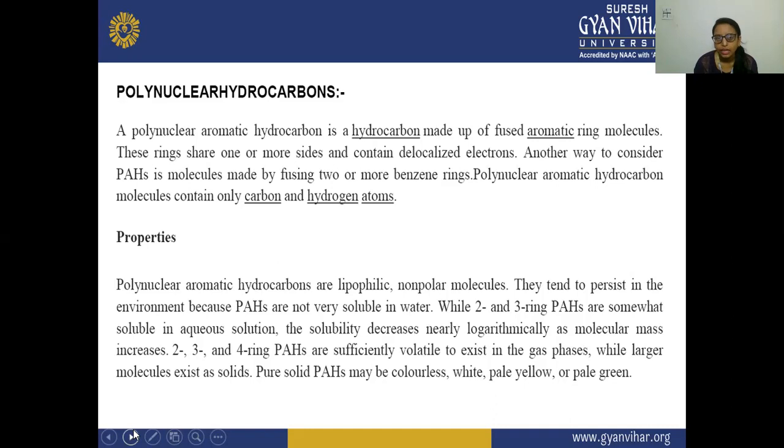And these polynuclear hydrocarbons are either heavy polynuclear hydrocarbons or light polynuclear hydrocarbons, and these are toxic to human health. They are present in the environment, for example, if there is a fire in the forest, or burning of the forest. In that case, the vapors and fumes contain the PAH molecules.